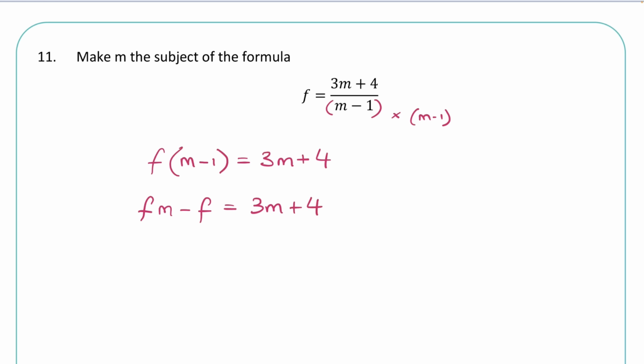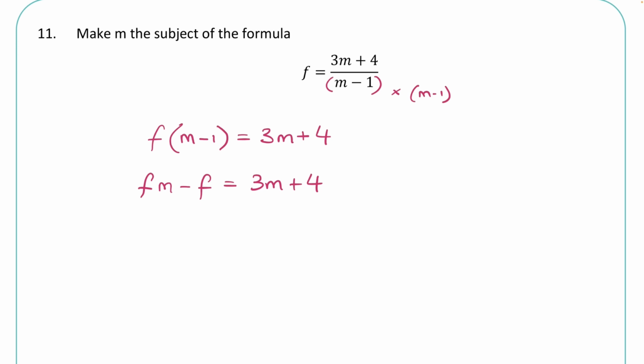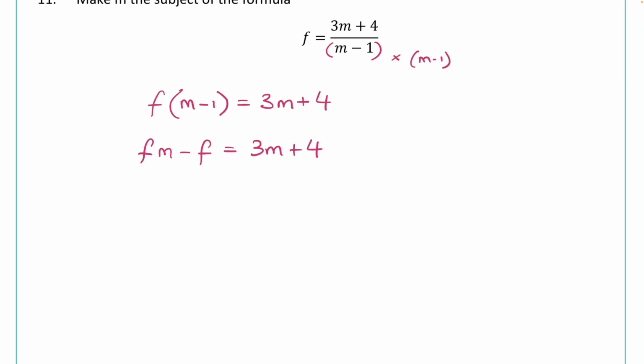Now at this point it's always a little annoying because there are two ways now of rearranging this. We can either move the m's to the left, or we can move the m's to the right. Now I tend to just look at the formula, and for me personally, because I've done a lot of these, I'm going to move this minus f to the other side so that it creates as many positive pieces as possible. You can move it either way, so there are two variations to this, but I'm going to move that to the right. I'll put plus f here, which creates 3m plus 4